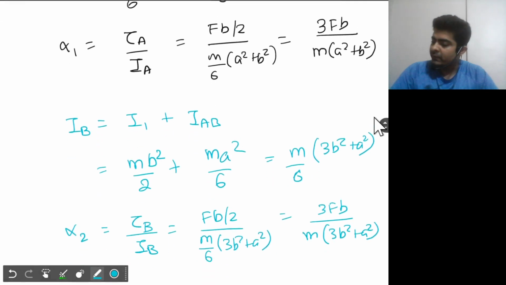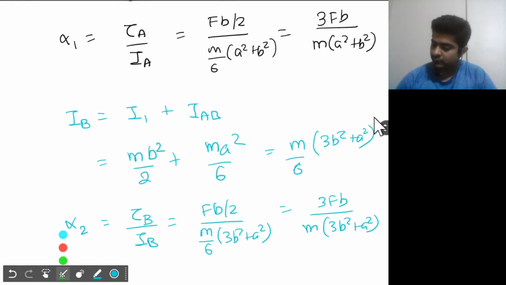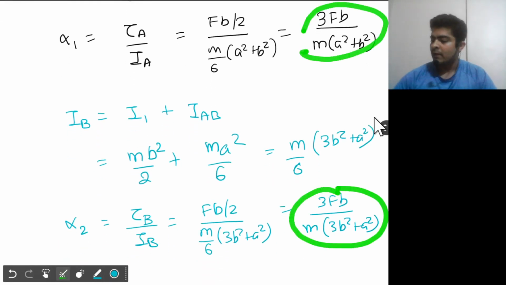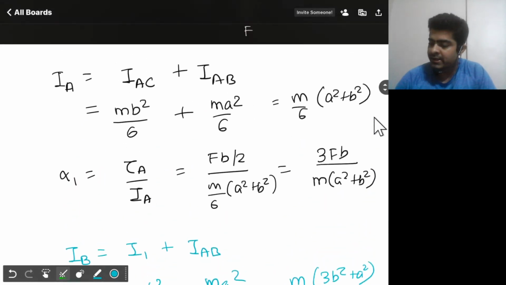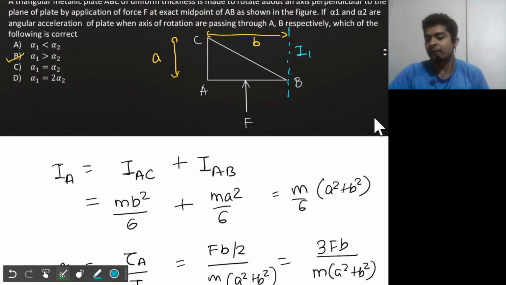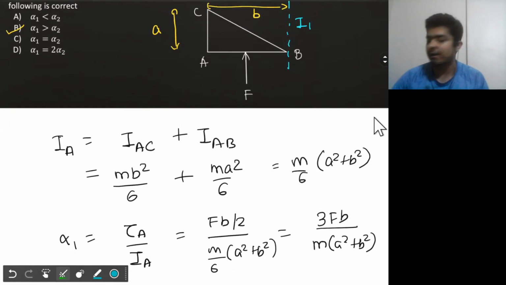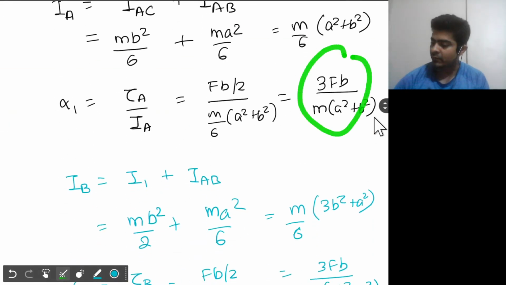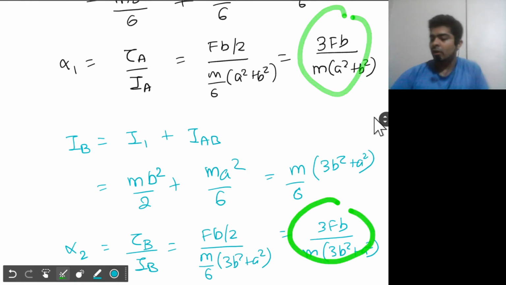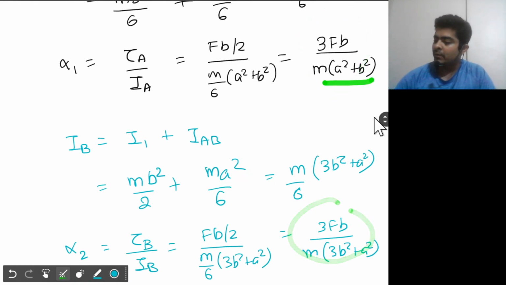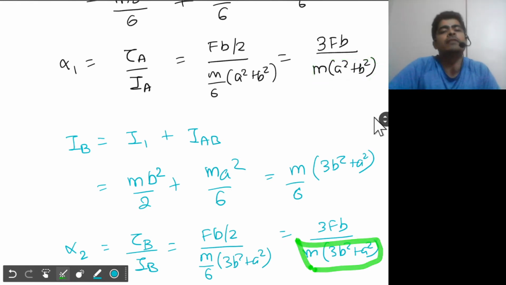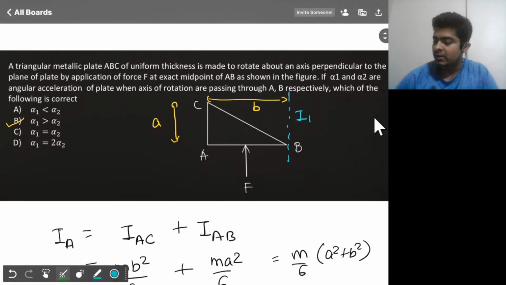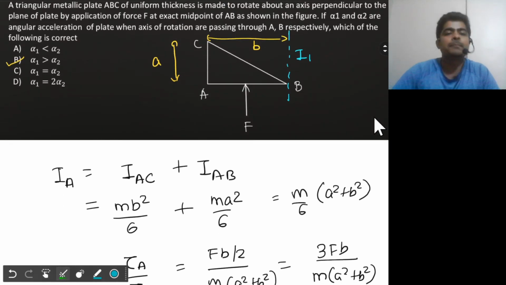So you see from the formula for alpha 1 and alpha 2, we cannot really compare their relation, whether option D, for example, alpha 1 equal to 2 alpha 2, we cannot compare it using these formulas. So all we can compare is that the denominator of alpha 1 is smaller than denominator of alpha 2, so alpha 1 will be more than alpha 2, that's it. So your answer is option B. All right.